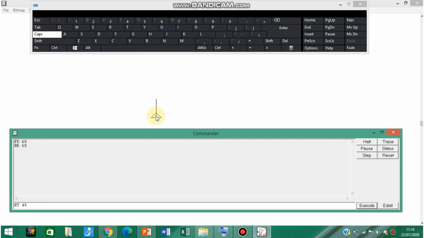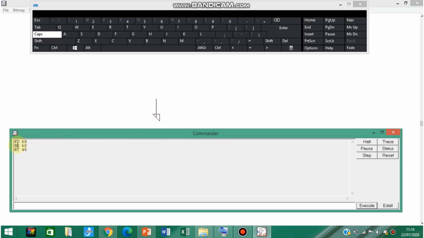When you want to move the turtle's head by some degrees, then you will use this command. Suppose here I am mentioning RT space 45, and after writing this command you have to click on the execute option, and you will see on the screen that the turtle's head has moved in the clockwise direction by 45 degrees.